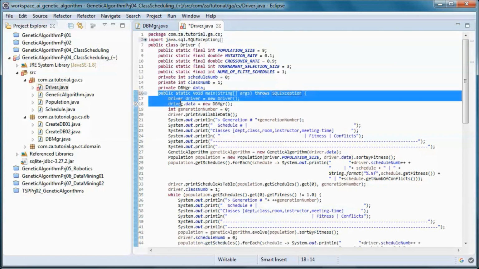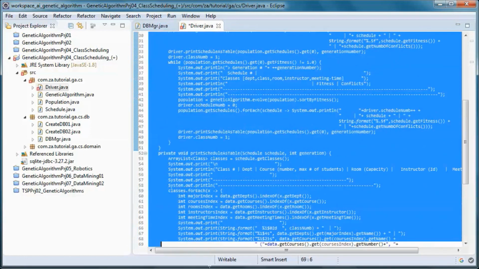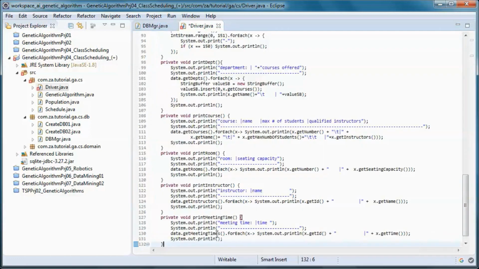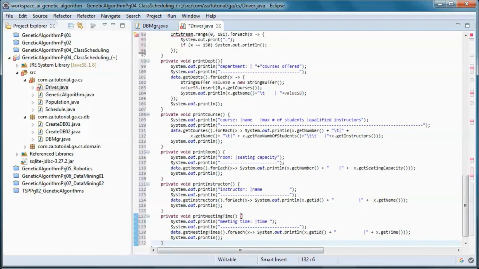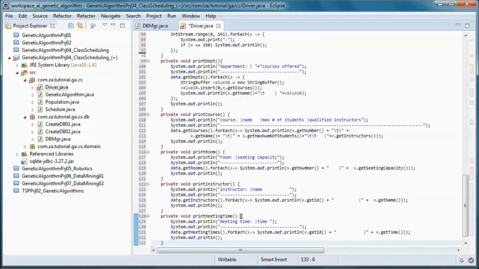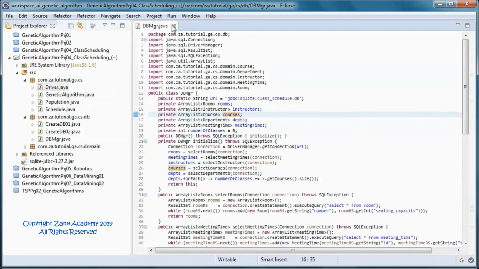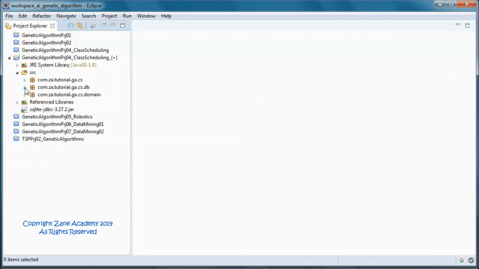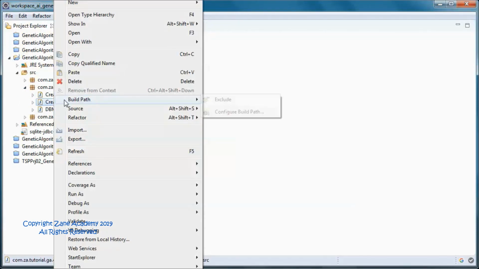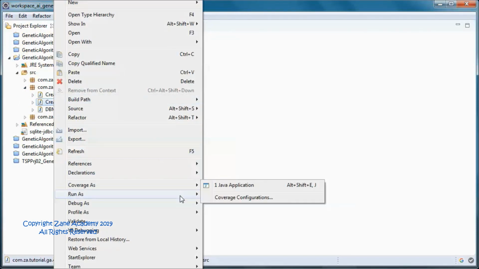Actually, let's go ahead and replace this and let's create the new version of the database.